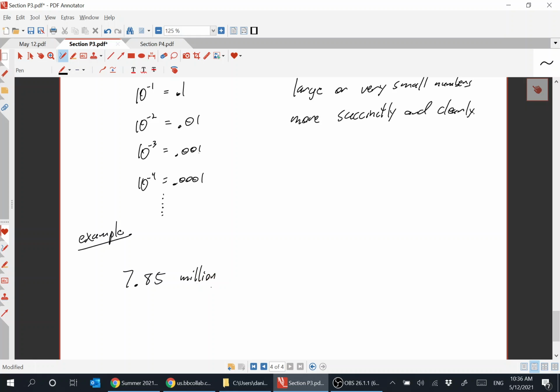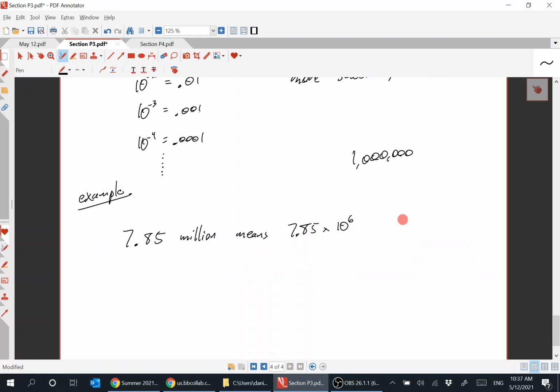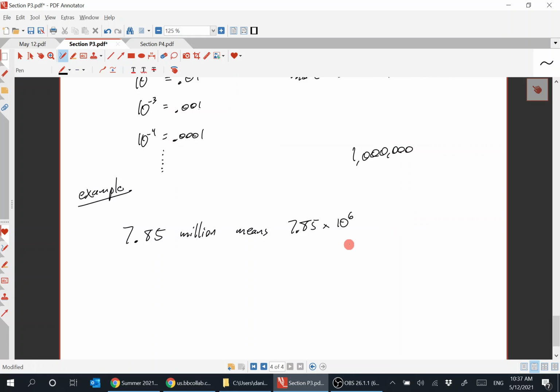And when somebody says 7.85 million, a million is 10 to the 6. It's a 1 with 6 zeros. Right? 1, 2, 3, 4, 5, 6. That's 1 million. So when we want to say 7.85 million, that means 7.85 times 10 to the 6,